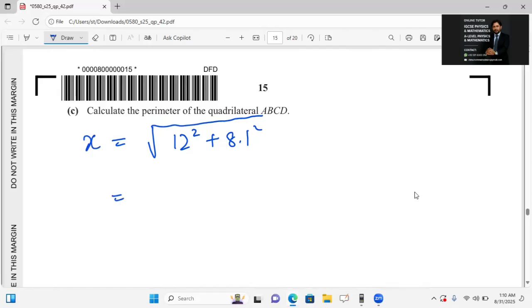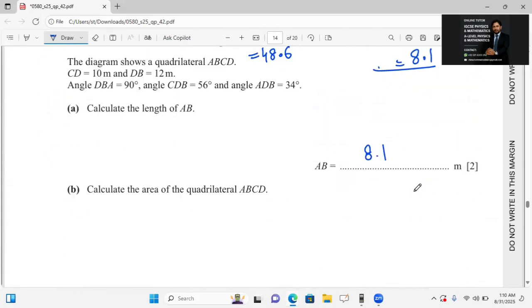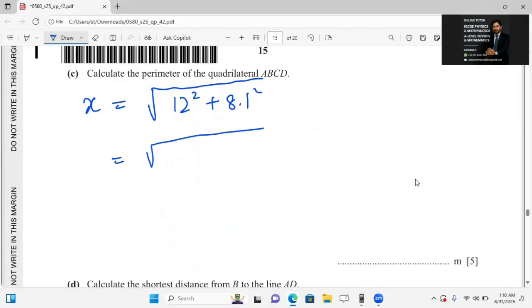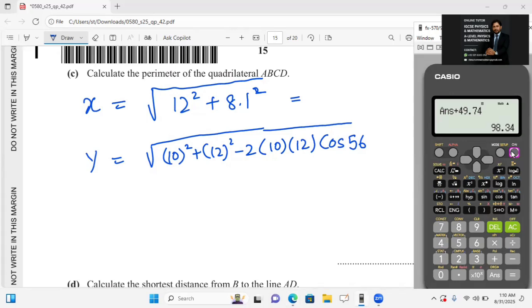And according to the law of cosine, I am taking 10, 12, and 56: the root of 10 square plus 12 square minus 2 into 10 into 12 into cos 56. Let's suppose it is the unknown side y over there. Let's go for getting these values. So the square root of 12 square plus 8.1 square